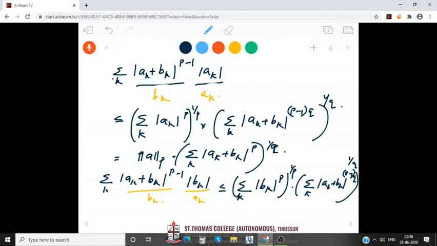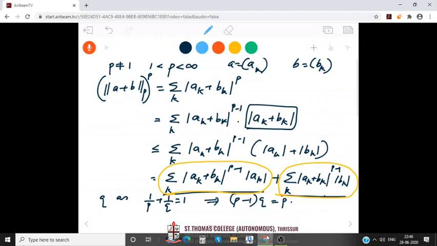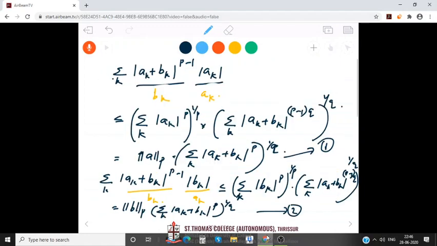Again the first term is nothing but norm p of b. And what about the second term? Again p minus 1 times q is p. So we will get summation over k |ak plus bk| to the power p, the whole raised to 1 by q. Substitute these two, this 1 and 2, in our last inequality. I will call this as star. So substitute 1 and 2 in star, so that we will get